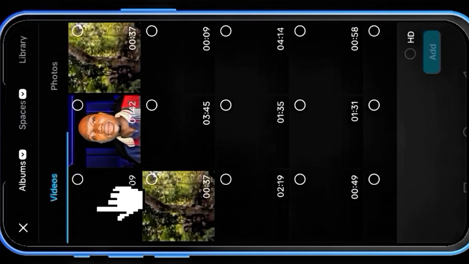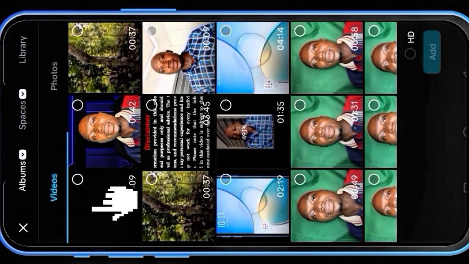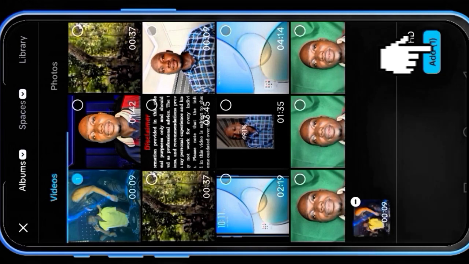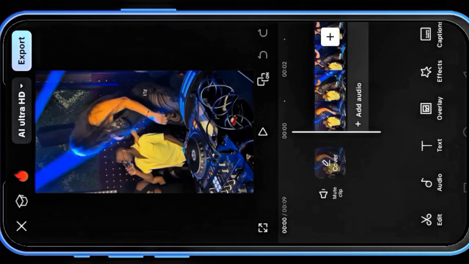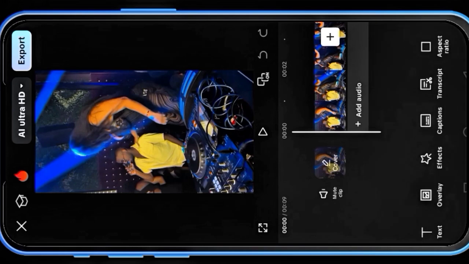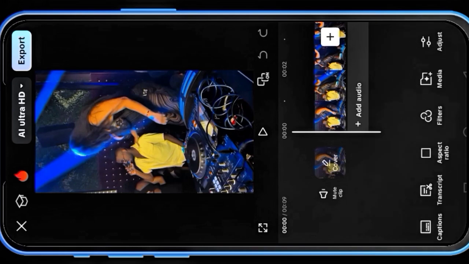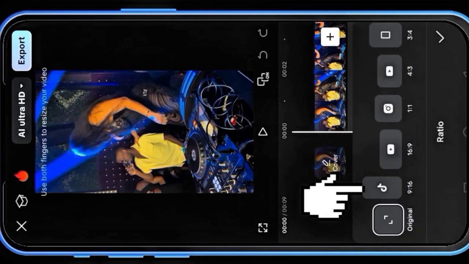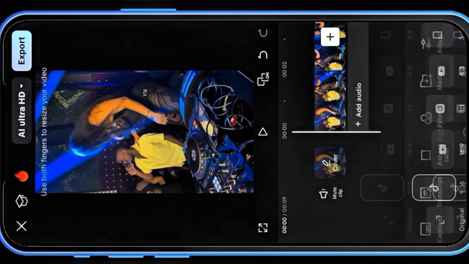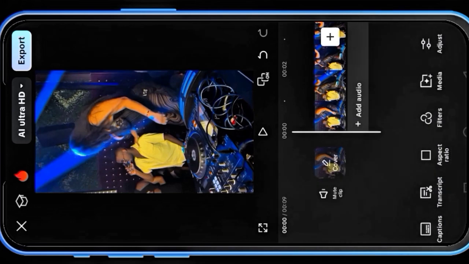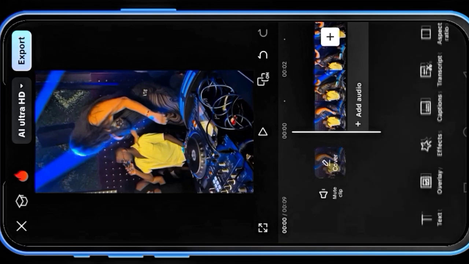Click on that video we downloaded from Facebook and click add, and the video will be imported to your CapCut. Now let's take our video to the normal ratio of 9:16 by clicking aspect ratio. Click 9:16. Now let's import any recorded video of yourself, like my recorded video, and then we'll overlay it. So tap overlay, scroll to the right, overlay,